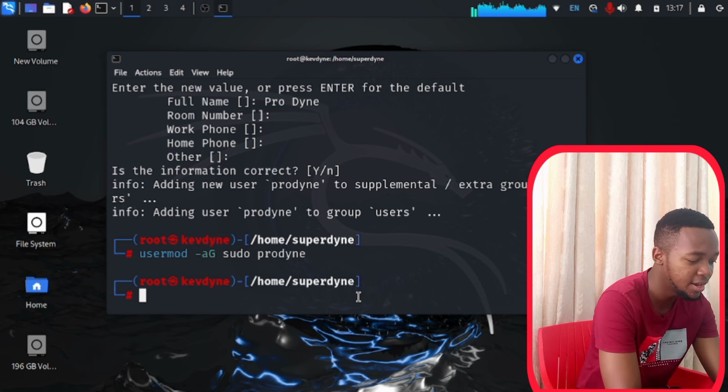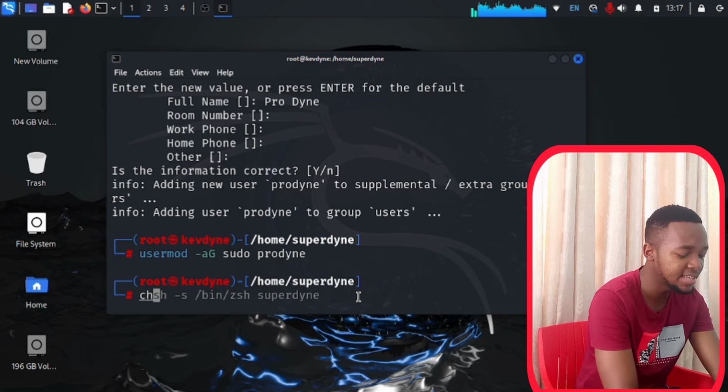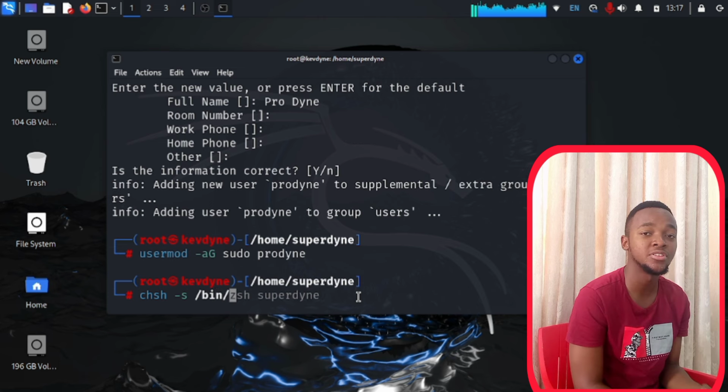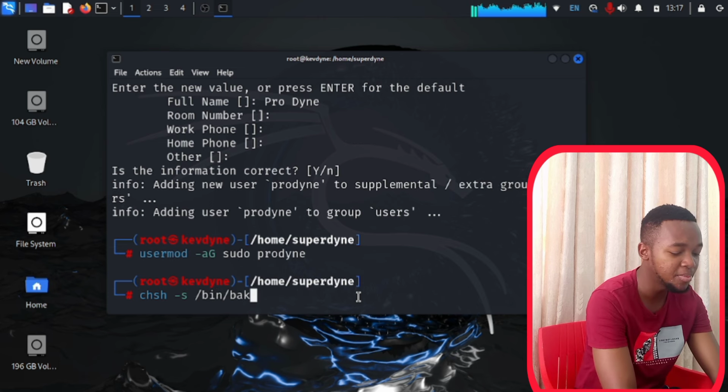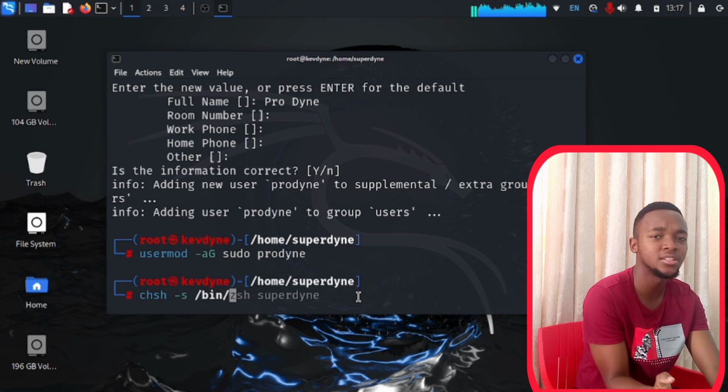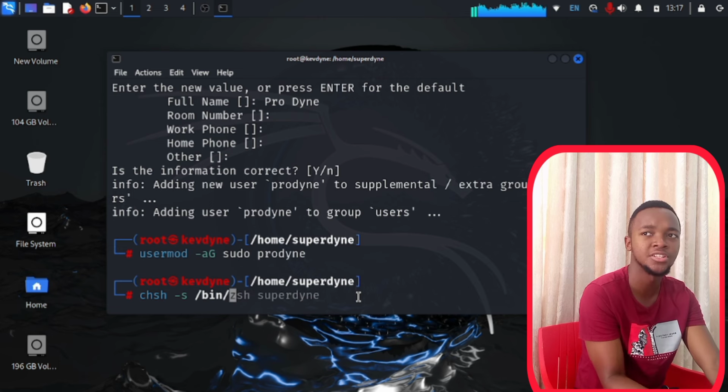Right now, I want you to go ahead and type in chsh, now -s. Now type forward slash bin, then right here is where the command varies. If you're using bash, go ahead and type in bash right quickly. And if you are using zsh or any other type of shell,